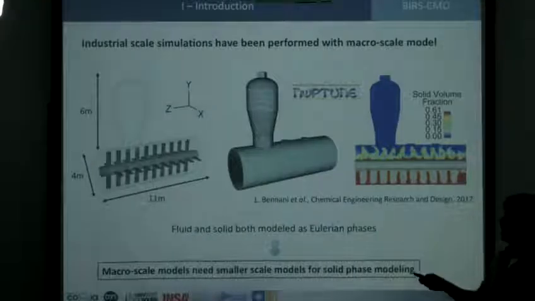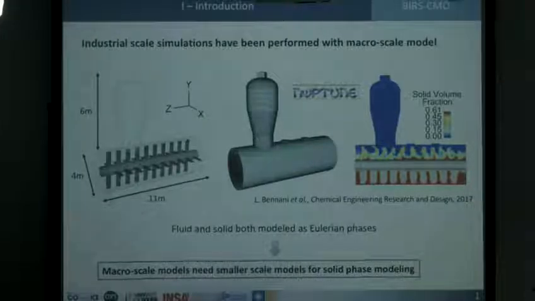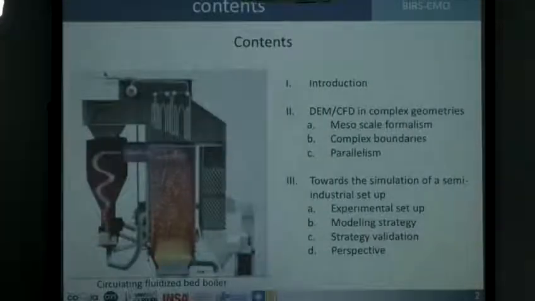So today, some industrial scale simulations have already been performed using mostly the Euler approach, but now we know that this type of Euler approach still needs smaller scale models in order to design some solid phase closures properly, even if now we know that the reverse is also true, thanks to our two previous speakers. So in this context,